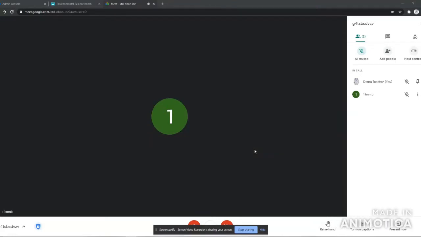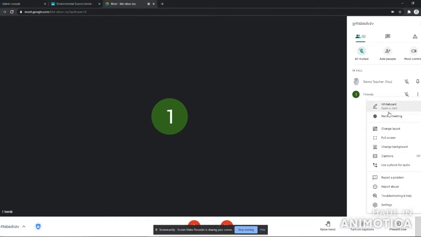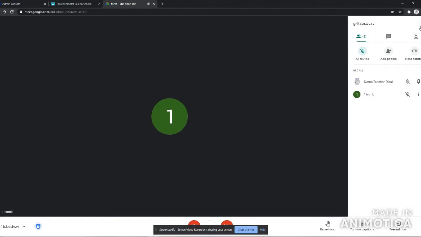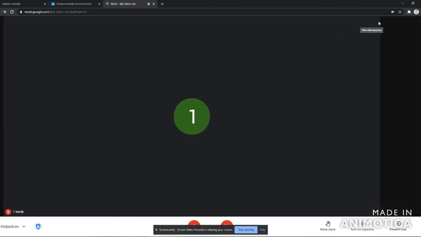Hi, so today we're going to be looking over the features and functions of some of the host controls in Google Meet and some of the additional features you get with Google Workspace Plus. So today, obviously looking at the host controls, you can access your host controls and your additional features from the top bars here. So if you click on the people button there, again you can see I've got the ability